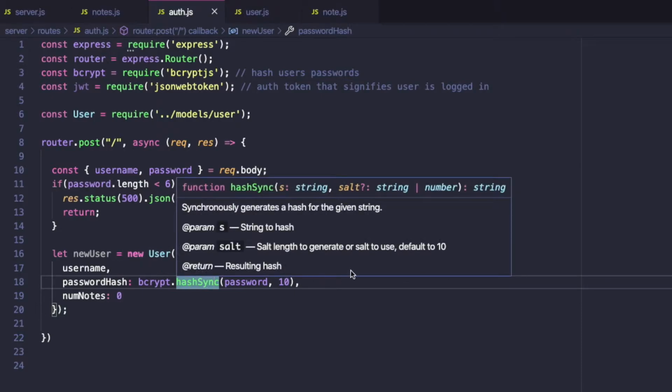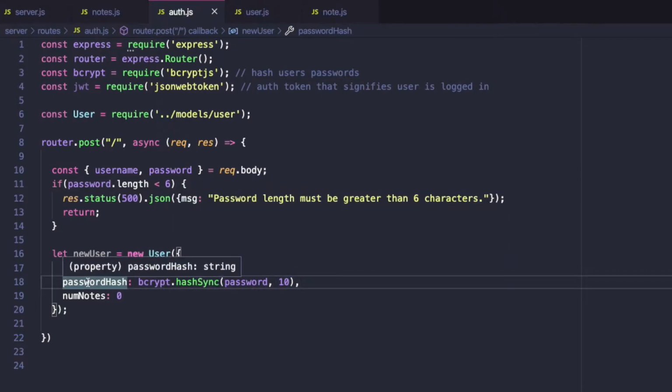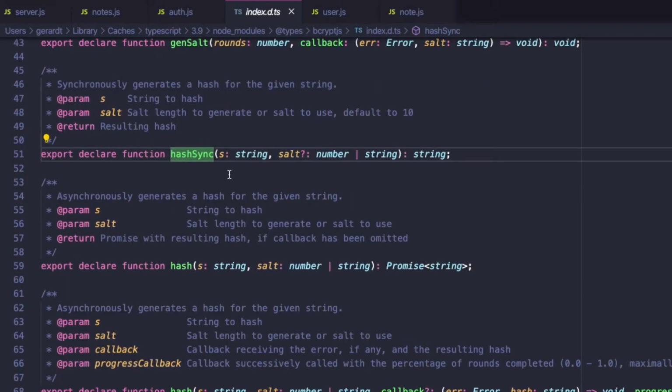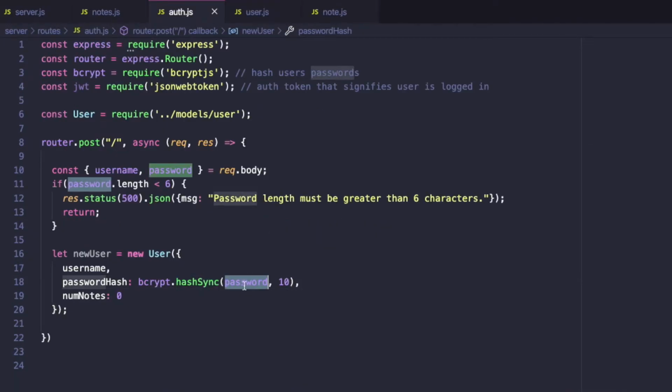So this line right here is how we avoid storing the actual password in our database. So bcrypt has this function called hashSync, and if we command click on this, we see what it takes in. So it takes in the string to hash, and then it takes in a salt, a number or a string, and then it returns a string. So what that means is the password is the string that we want to basically make, we're hashing that password to make it